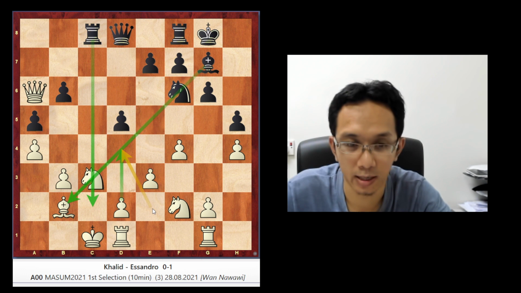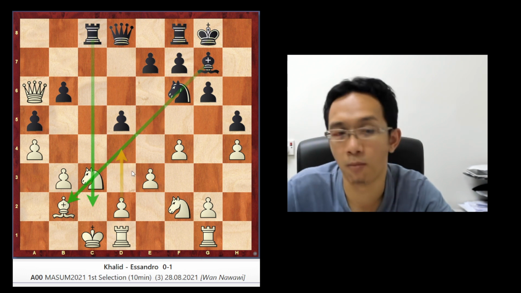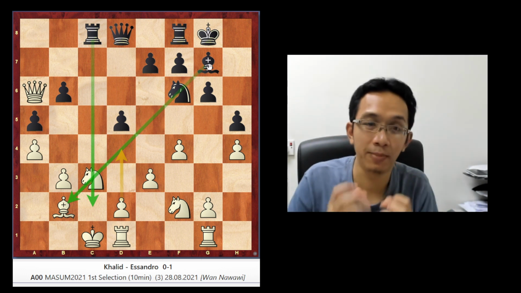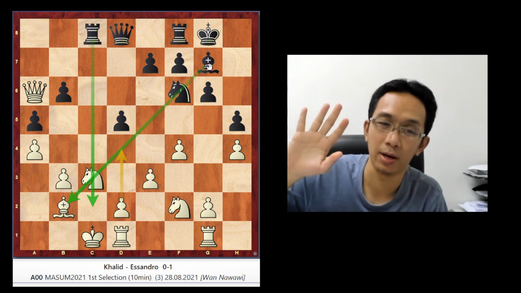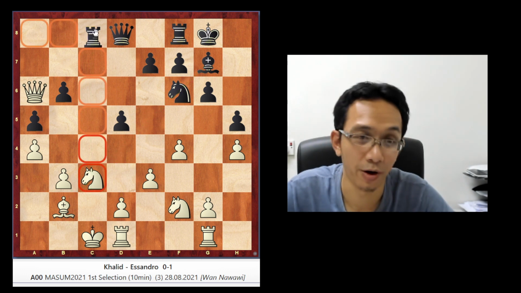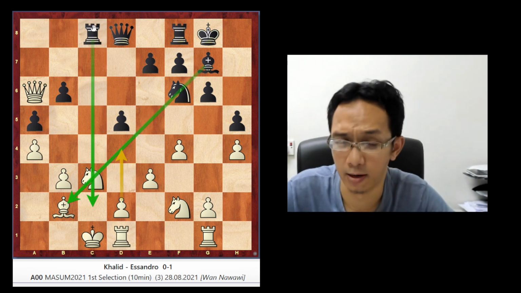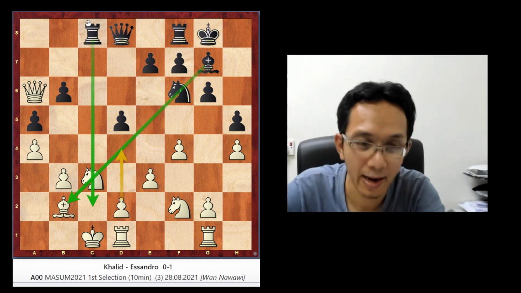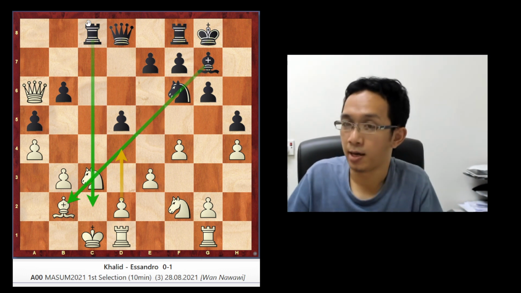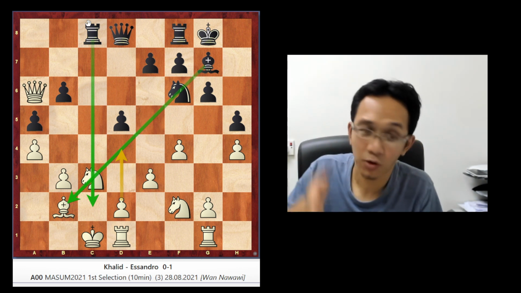The d4 move. At least by playing this d4 move, this bishop will be tamed, I mean, will be blocked. So white just needs to consider this rook on c8. But black here, without giving any time for white, this is how you attack. You don't give time. If you have time to attack, you just attack.